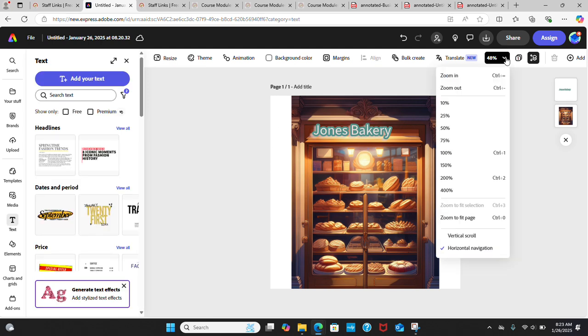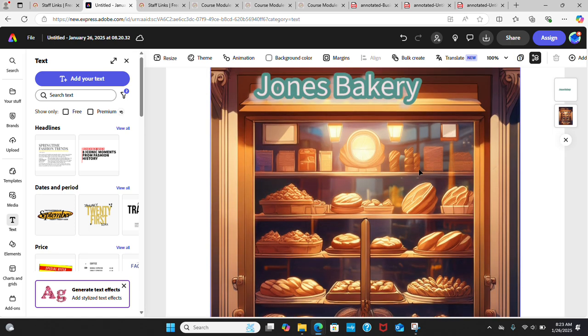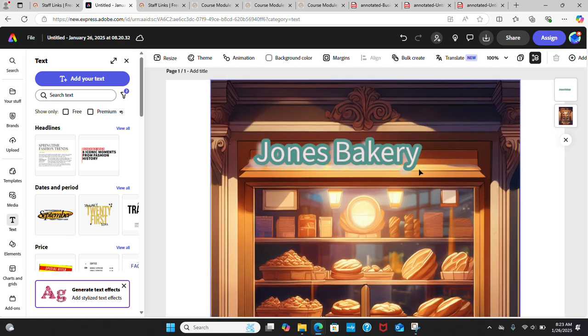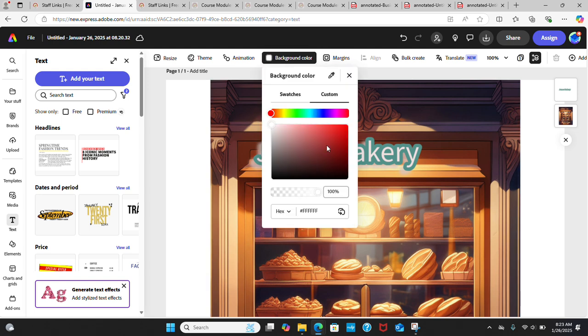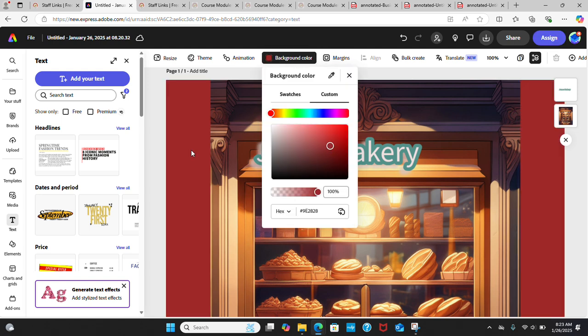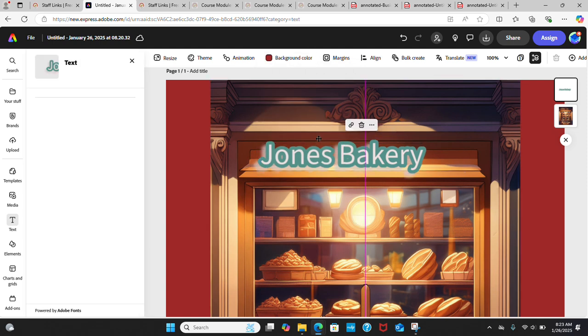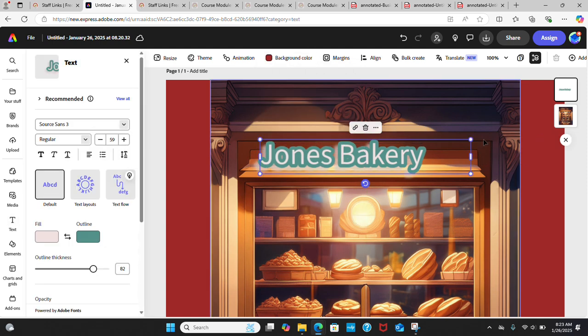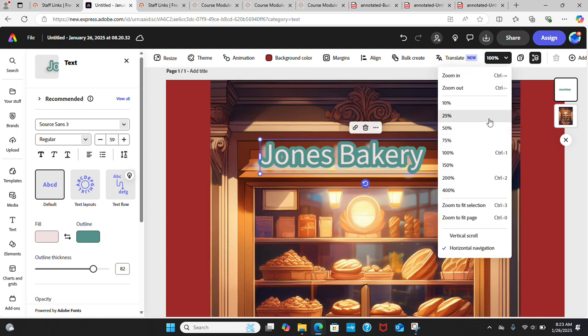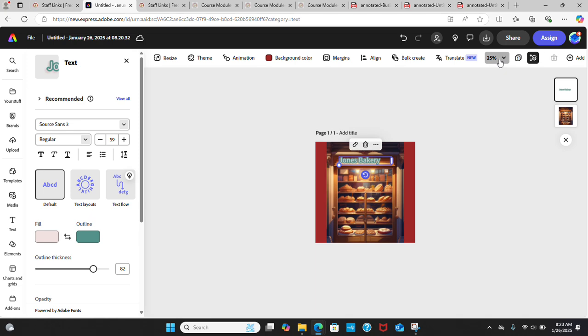Now, either you can submit the assignment at 100%, right? And you can also decide if you'd like to change the background color here. Alrighty. Once you feel like your assignment is good enough for what you'd like it to be,